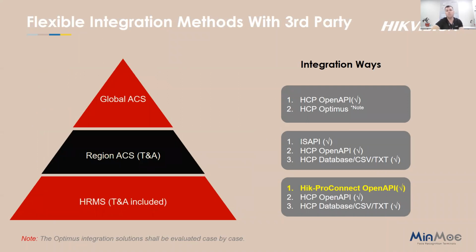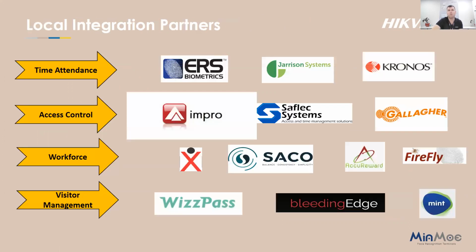So this can definitely be integrated with multiple different platforms, as you can see here, from time and attendance to access control and even visitor management. So this allows you to maybe send your QR codes to your visitors, saying, listen, if you are coming to visit me at the gate, like a complex or for maybe a big business venue, they can just use their QR code, show it towards the terminal. The QR code will scan through the terminal